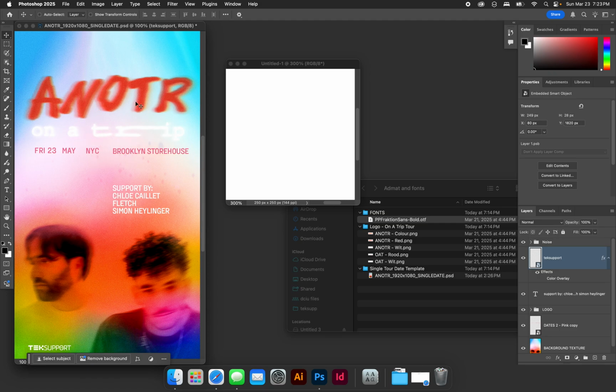So the hierarchy of type needs to be the same. You see how this is a certain size. This is almost the same size as this, and it seems like these two are the same size. You don't want to take one, put it over here, resize it, bring this over here, resize it, because it's not going to be exactly the same. So what I would do